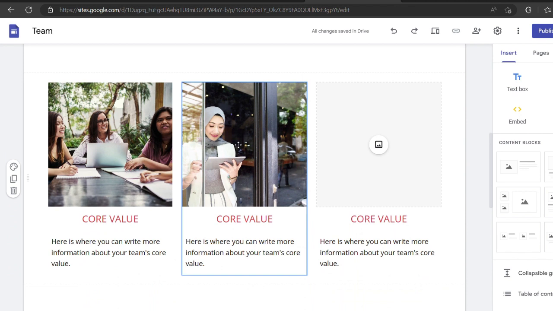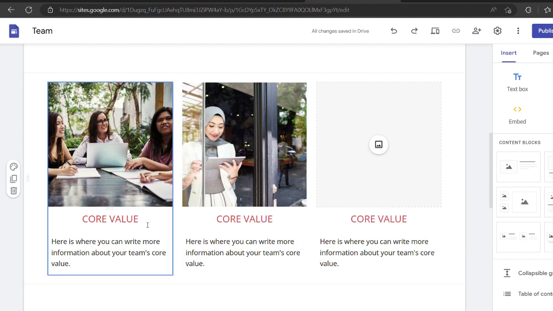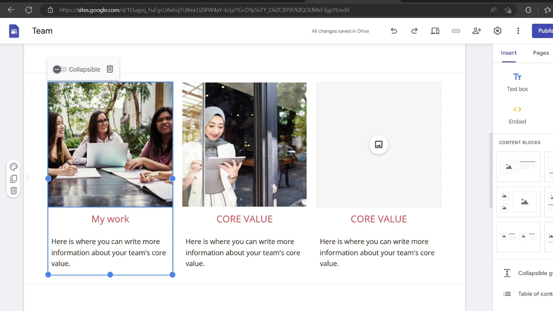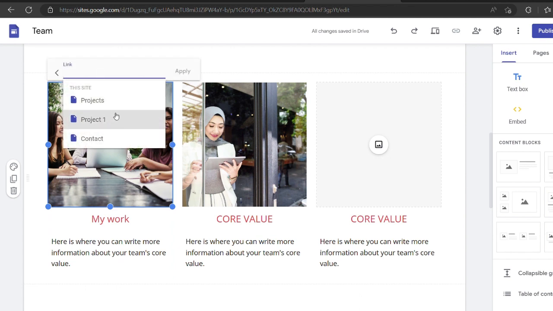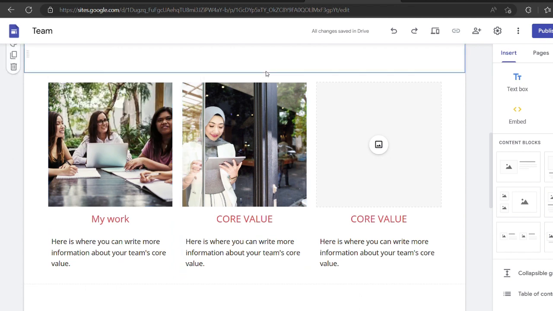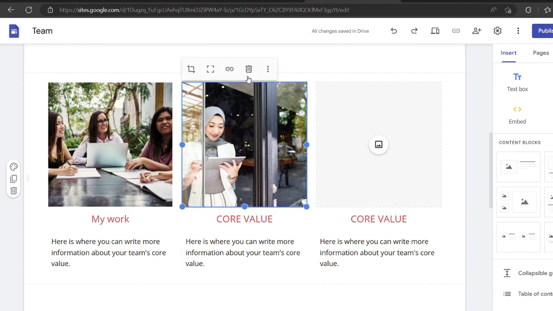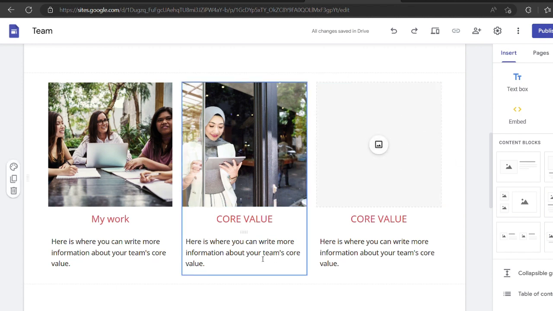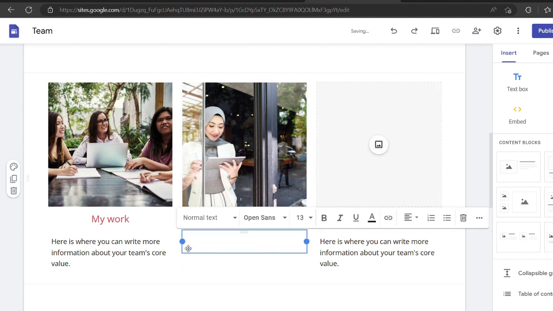Now, for these free images, they have done two for you. You can change them by easily customizing. You can change core value to my work. You can change collapsible or uncollapsible, that's your choice. You can click on the image, you can click on links. So for example, this one could send you to projects, and I want this one to send me to project 1, and I'm just going to leave that one. You can change this too. So more work,